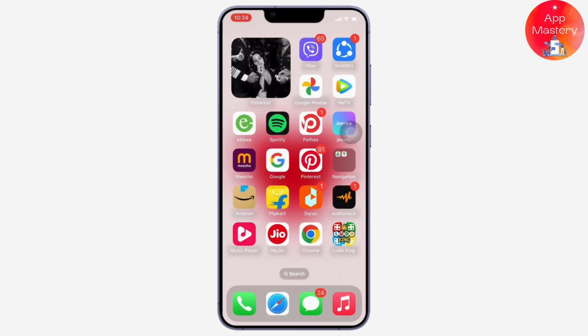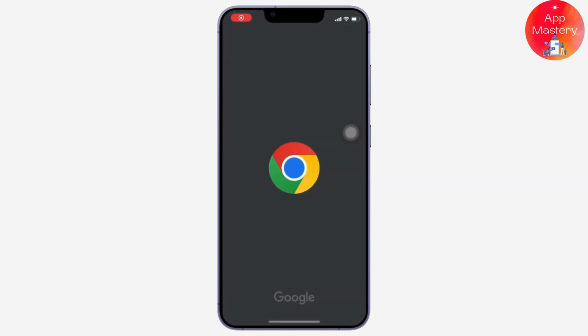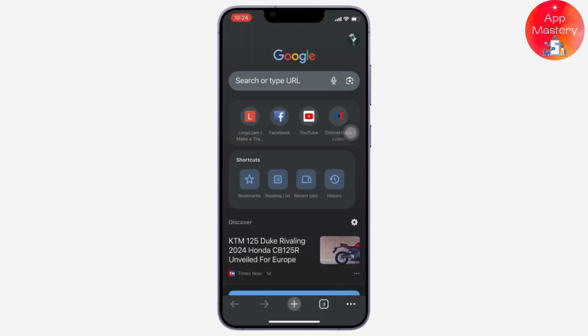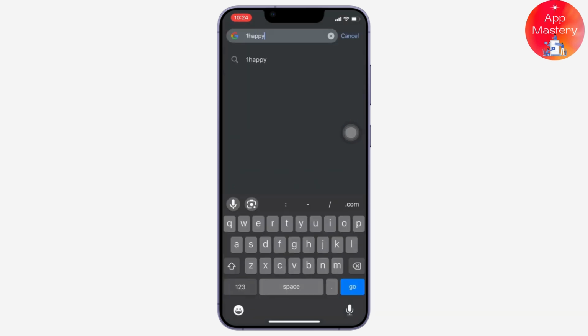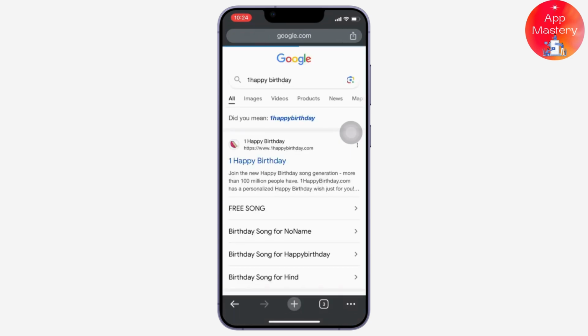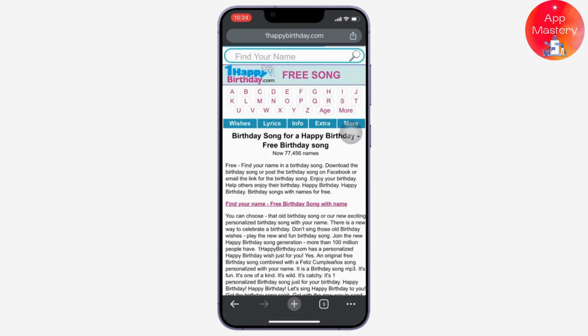So what we can simply do is we will open our Google Chrome here, and after opening our Google Chrome, we will search for One Happy Birthday right here. I'm going to search for One Happy Birthday here, and then we will simply click on it and we'll reach its official website, and then we'll simply open the website and we'll get to see that